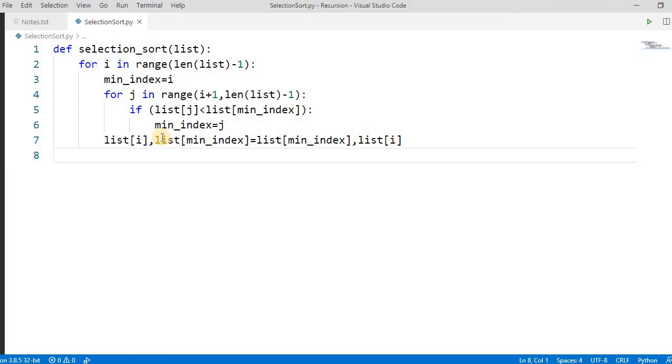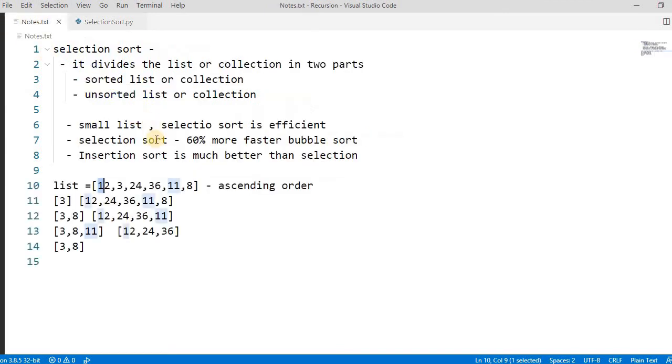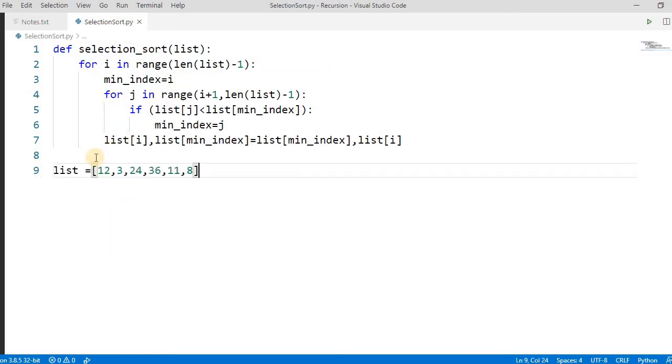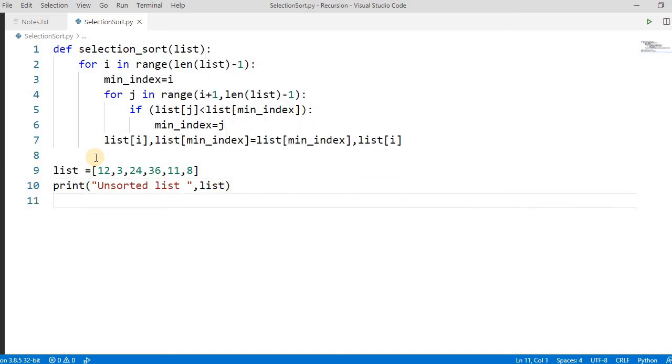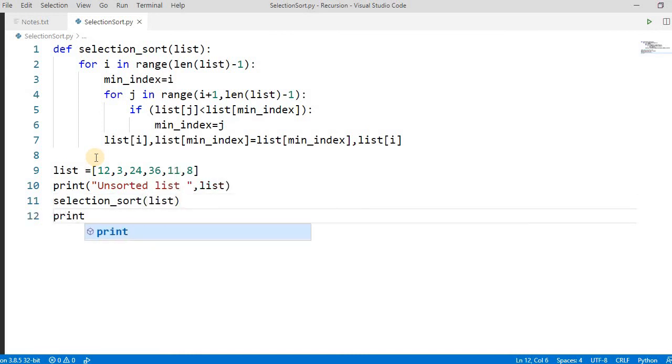Let's take an example, the same example. Go here and test it. Let's first print the unsorted list, that is the list. Let's call this method selection sort, pass this list, and then print the sorted list.